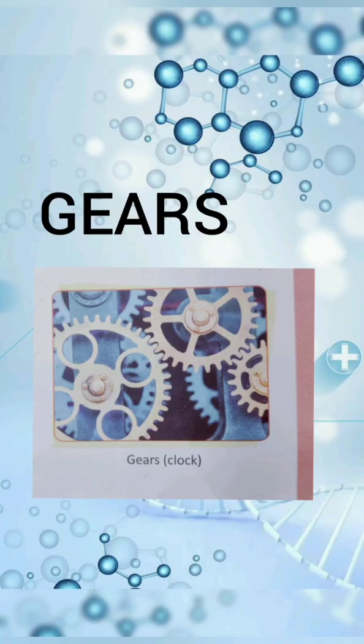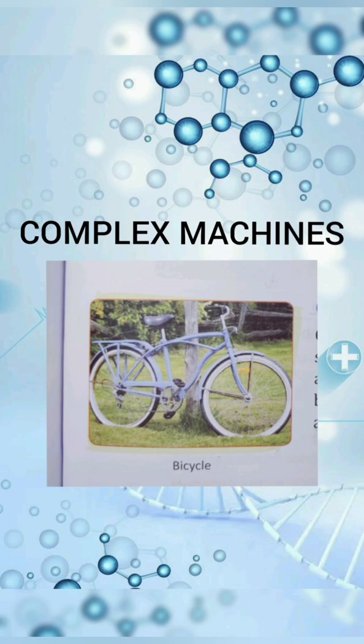Next in the line we are having gears. So as I told you in my videos also, gears are wheels with teeth that slot together. Okay. So they are usually used to increase the power of a turning force. The smaller wheel turns quickly but with the less force, while the bigger one turns slowly with more force. So cars and bicycles are the common examples.